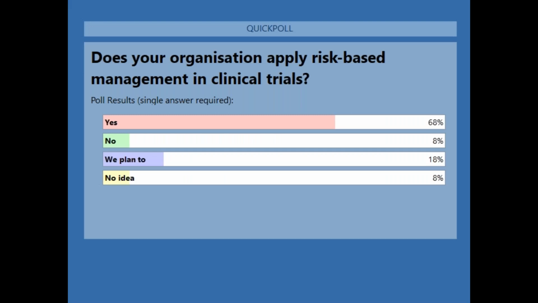Thank you very much for participating in this poll. We have a very interesting result. Many of you already use or have implemented risk-based management in your organization. Some of you plan to. And from here, I think it's a good idea to start with the general risk management